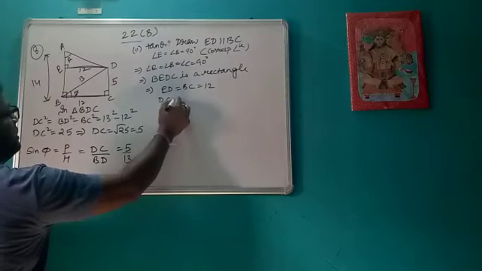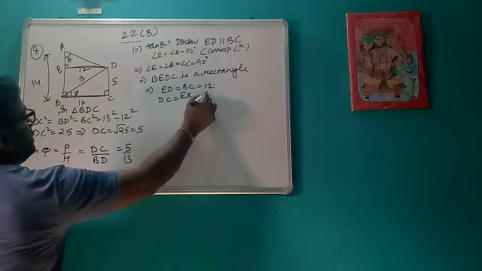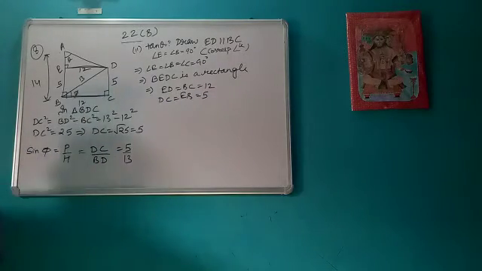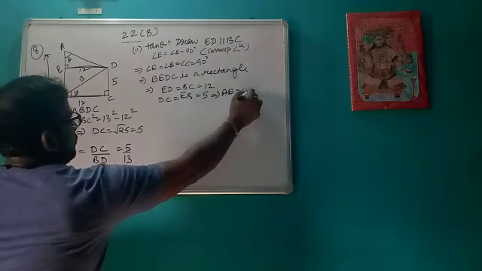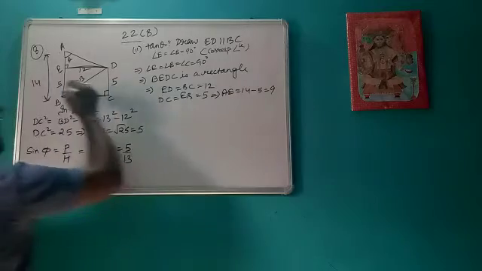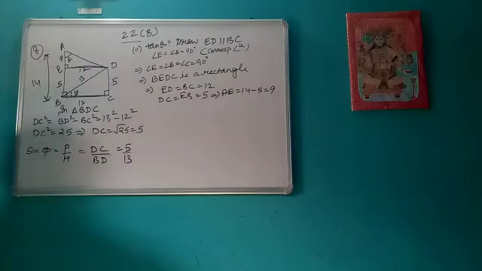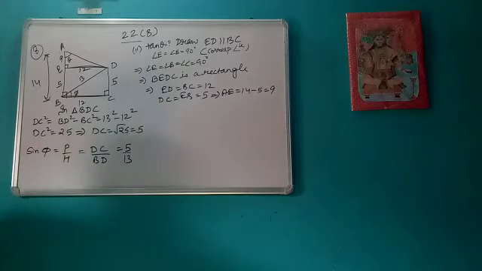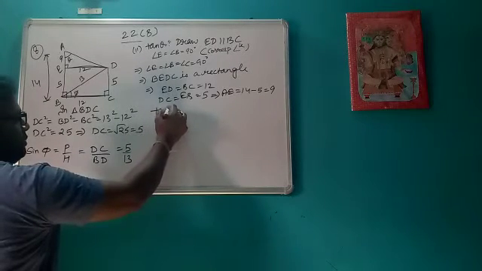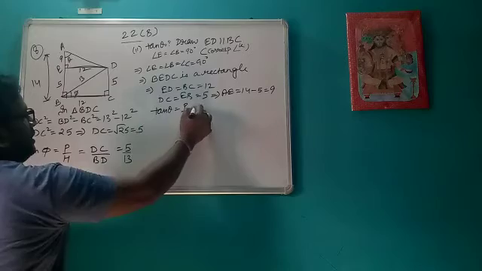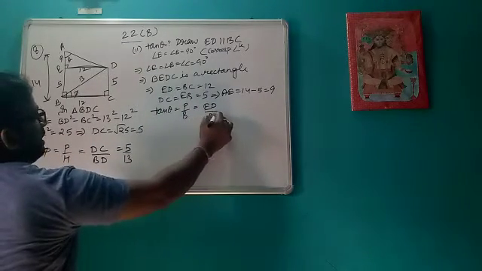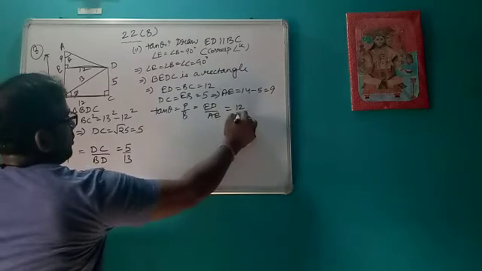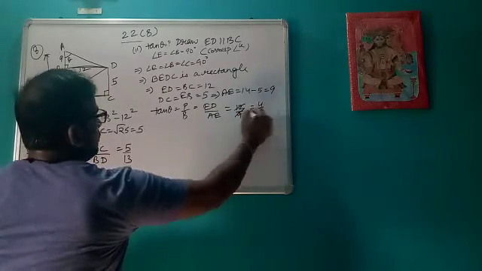So what is DC? DC will be EB, and it is equal to 5. So it becomes 5. So what is AE? So AE will be how much? 14 minus 5, that is 9. That means this is 5, it becomes 9. Now our triangle AED is having the values. Now we can find the value of tan theta. So tan theta is P upon B. For this theta, P is ED and B is AE. So ED is 12 upon 9. That means it is 4 upon 3.